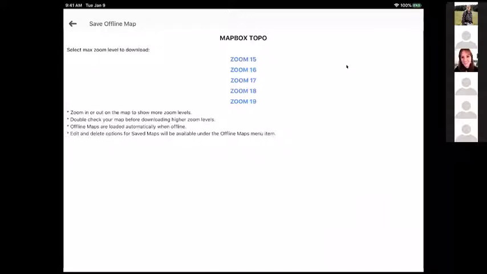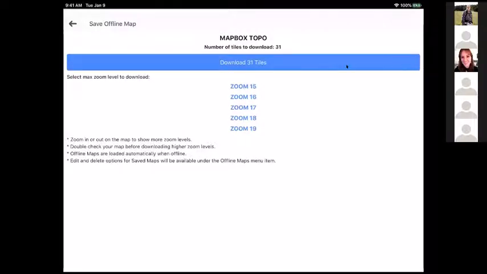It also downloads every tile above you. So basically, you get a lot of wider scale viewed tiles downloaded with this. Most of them don't do you any good in any detail work in the area you're going to be, but at least you have them for reference. And again, the factor is a factor of 4 with every scale that you go up. So 31 tiles if I go to level 15.